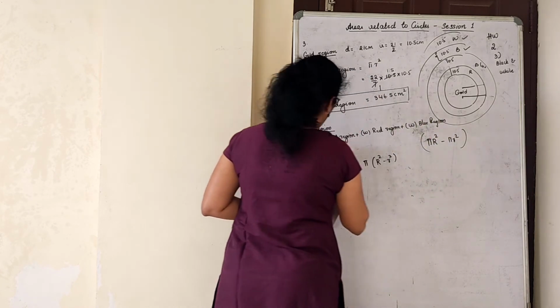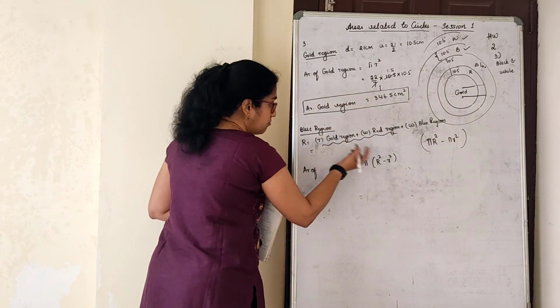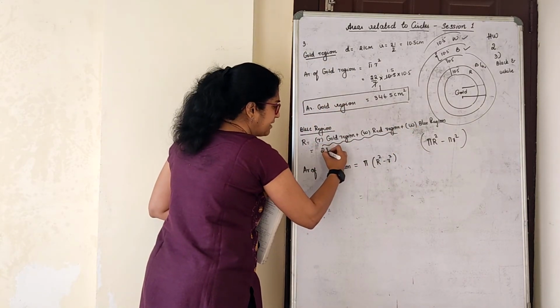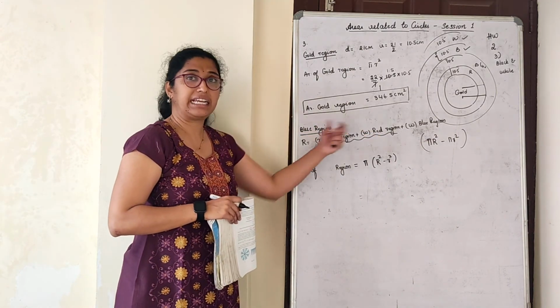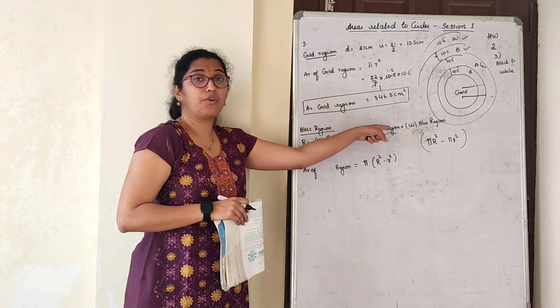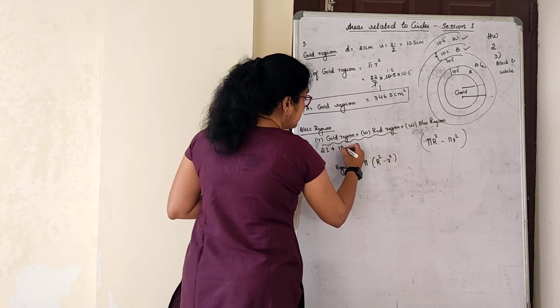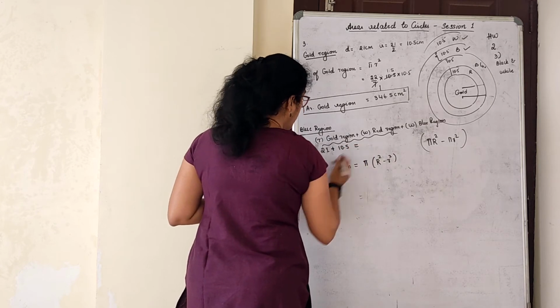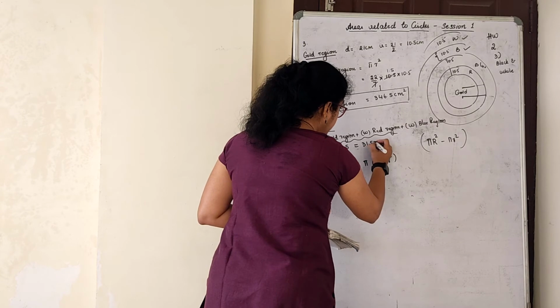Now, what is the radius of gold and the width of red region? It's already known. In the previous part, we have got that as 21. Directly, I will write 21. You need not write 10.5 plus 10.5 again. Use it, but we will write what we have written here. This is 21 plus 10.5. So, what is R? R is actually here 31.5 centimeter.